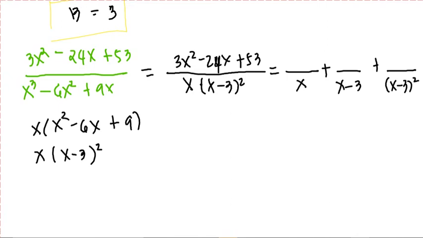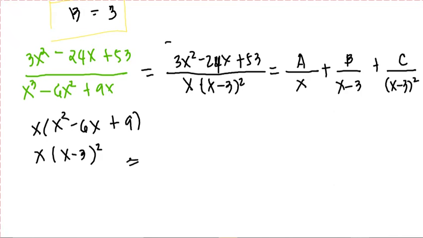Next, on top, for the x in the denominator, only one term on top, so we have a. Next, the x minus 3 is linear also, so we have b only. For the x minus 3 squared, it is also linear, so we put c only. So this one is our equation. We need to perform the partial fraction process here. So this will be equal to,